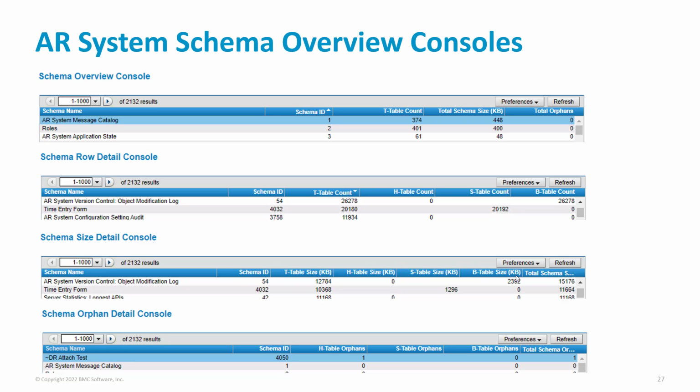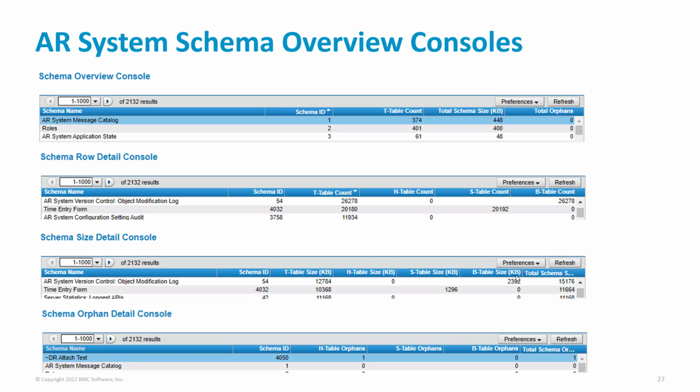So this is a nice table to look at the number of records that you have in all the different tables for your forms. The next console is the Schema Size Detail console, and this gives another view for kind of the same information as the last console, but based on the actual disk space size that's used in the database for these tables. So you'll see for the second entry here, time entry form is schema ID 4032, and